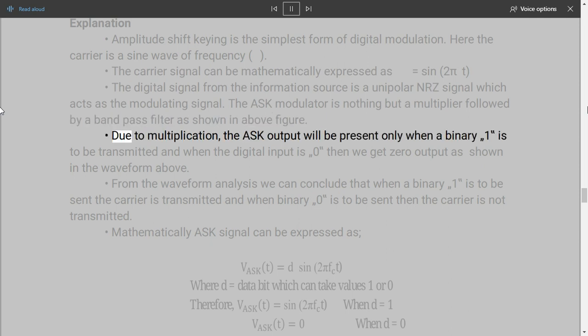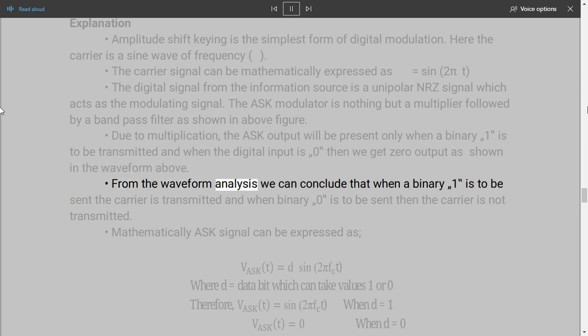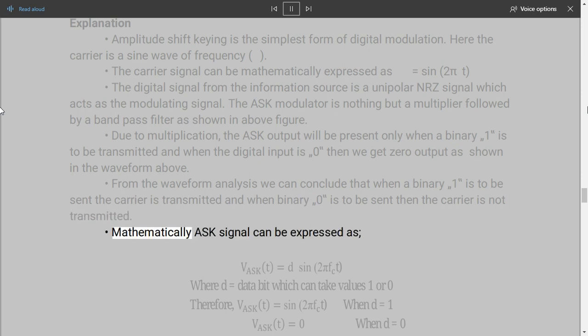Due to multiplication, the ASK output will be present only when a binary 1 is to be transmitted, and when the digital input is 0 then we get 0 output as shown in the waveform above. From the waveform analysis we can conclude that when a binary 1 is to be sent the carrier is transmitted, and when binary 0 is to be sent then the carrier is not transmitted. Mathematically the ASK signal can be expressed as